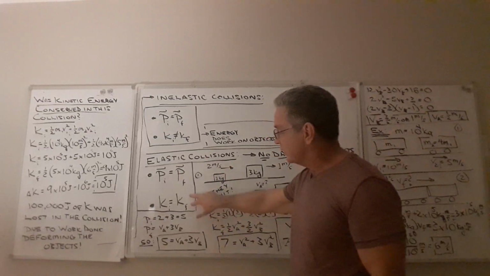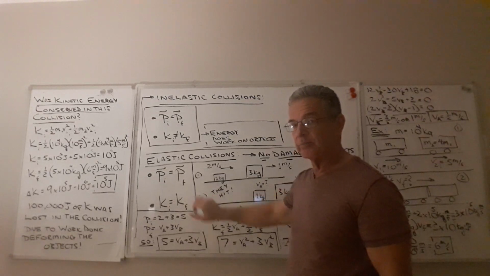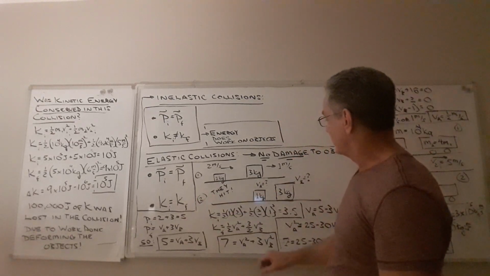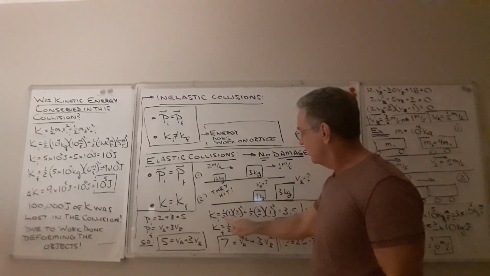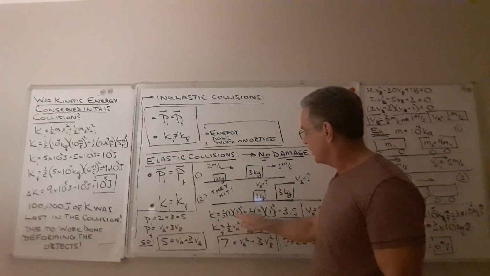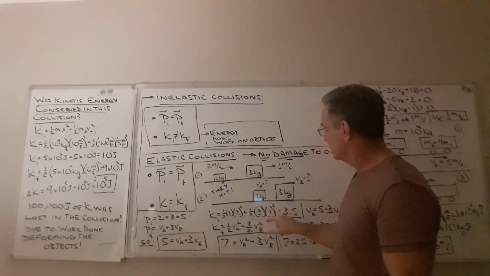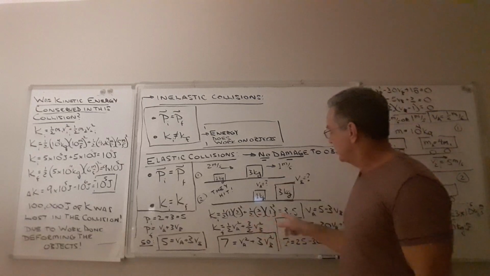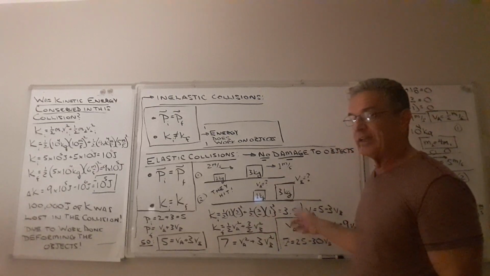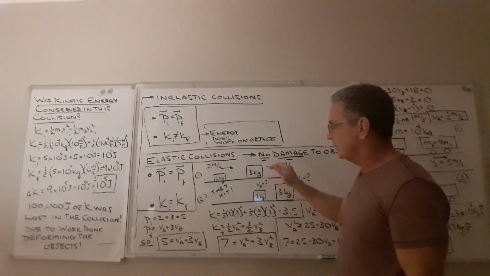So what do we need to do? We need to go to the second criteria and set the initial kinetic energy equal to the final. So the initial kinetic energy: use the kinetic energy equation on each object and add them together. 1/2 times the mass of 1 kilogram times the velocity of 2 meters per second squared, plus 1/2 times the mass of the second object times its initial velocity squared. Okay, and what you get is 3.5 joules of kinetic energy that the two objects have